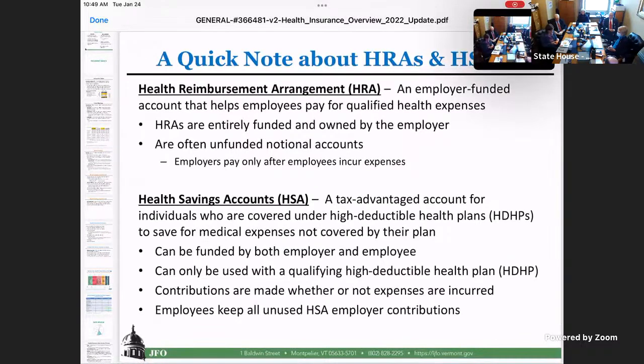I think it's important to talk about HSAs, HRAs, and FSAs. But what I will also say is I'm not an expert on these. I really put these in just to point out that over the years, we've seen a huge change in the structure of how businesses and people are buying health insurance products. So for instance, I'll talk about the city of Montpelier. I know for a long time, they had a good health plan, a regular health plan with low deductibles. It might have been the League of Cities and Towns. And they had a good health insurance plan.